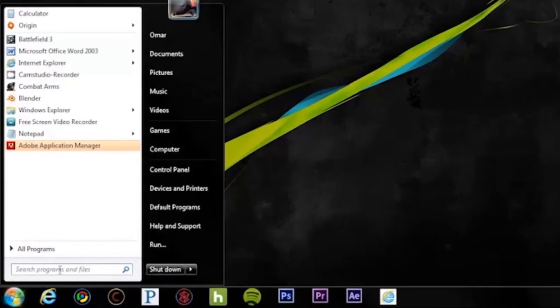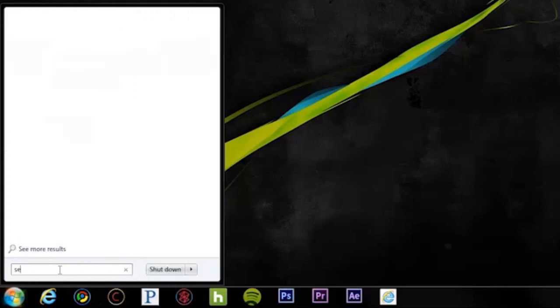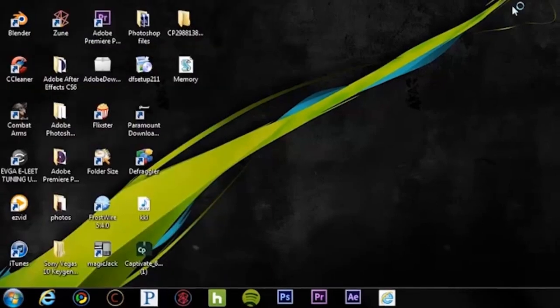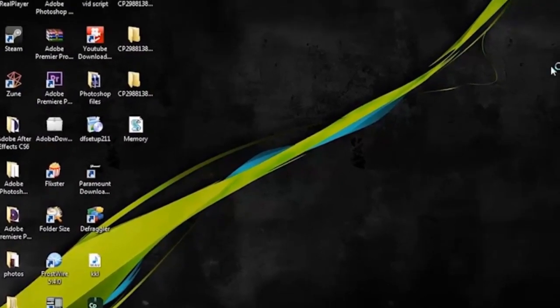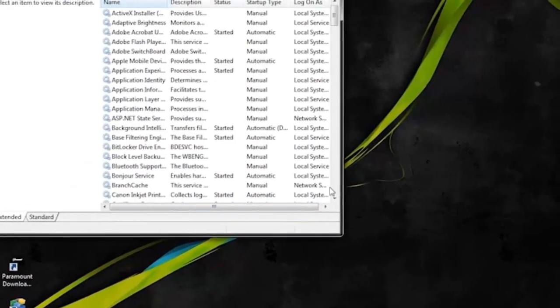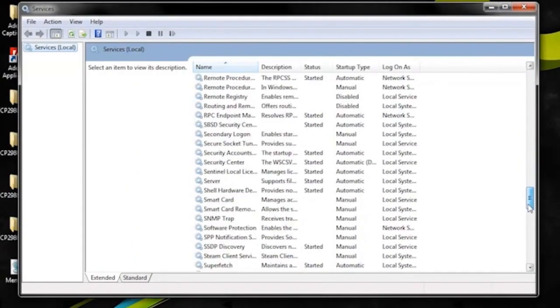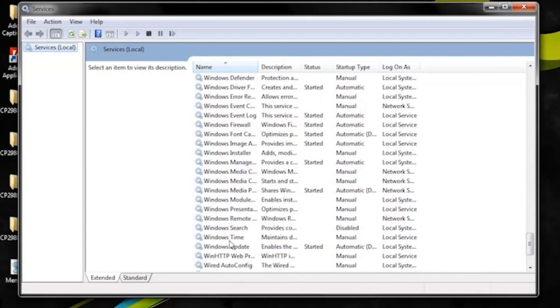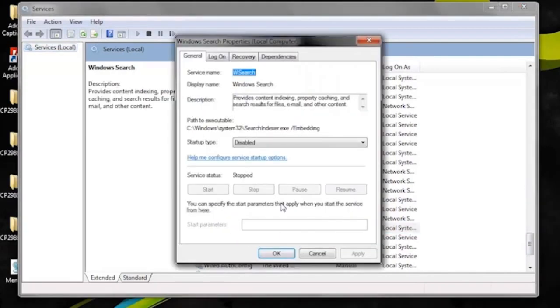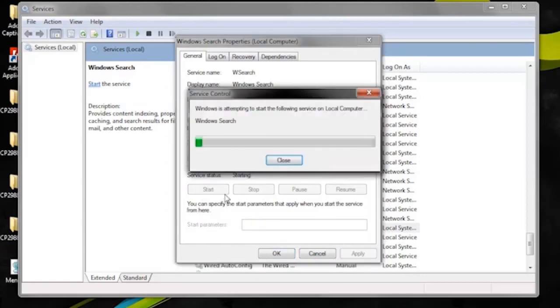Next up, we're going to go into your start menu again and search for services, and it has this little gear symbol next to it. Again, running as administrator, it's going to bring up this page, and we're going to scroll down to your Windows section, and we're going to look for Windows Search. We're going to double click. It's not going to look like this. By default, it's going to look like,